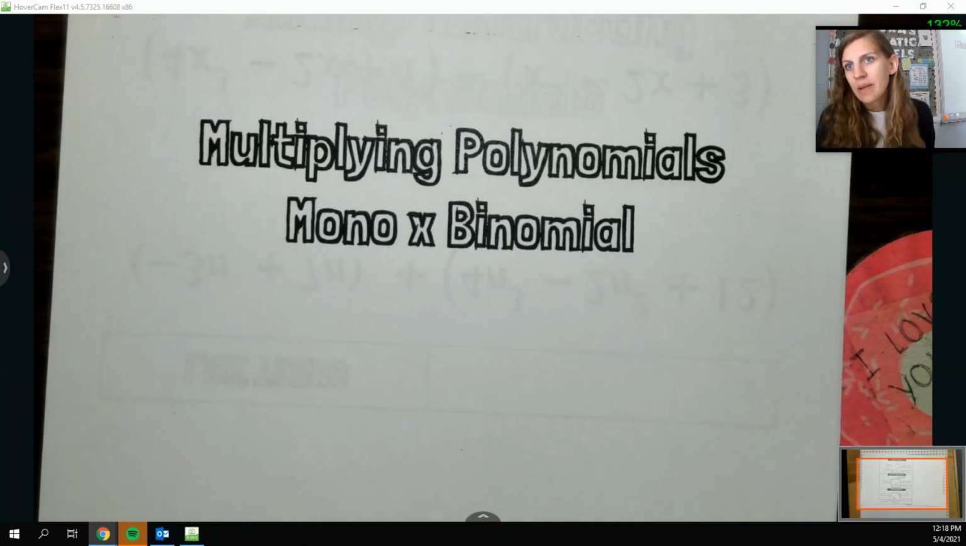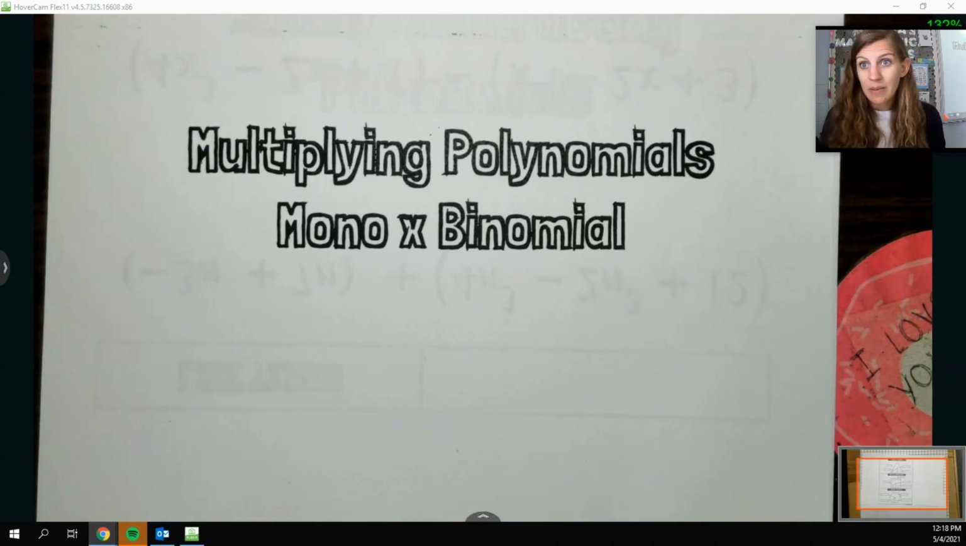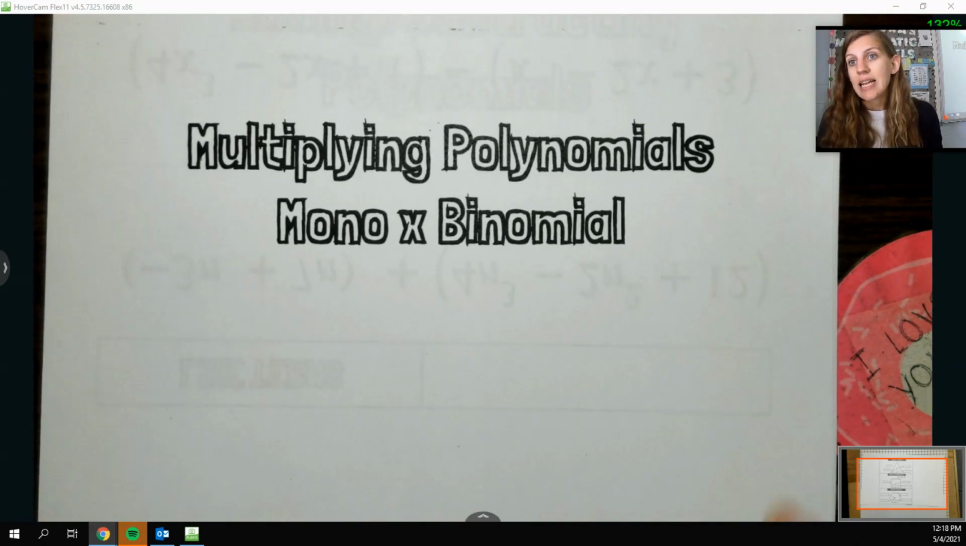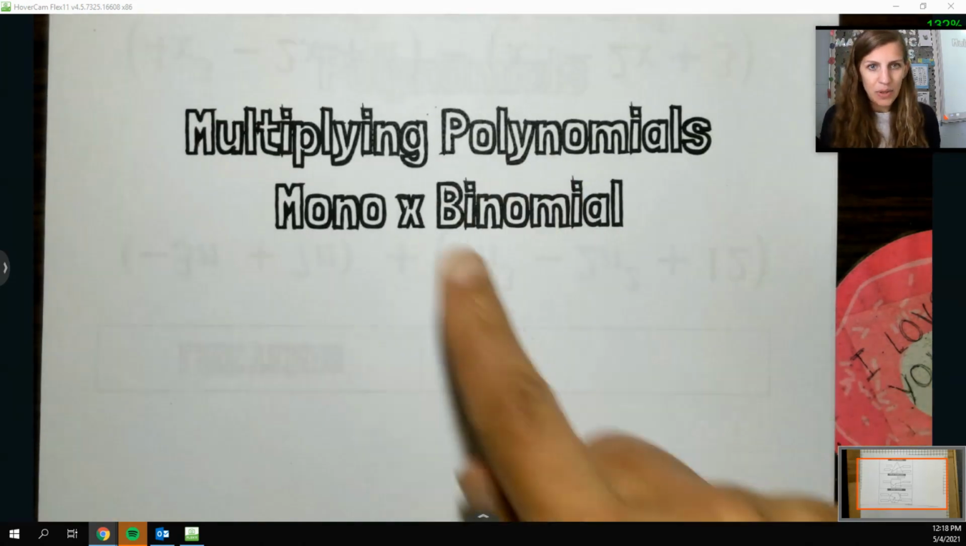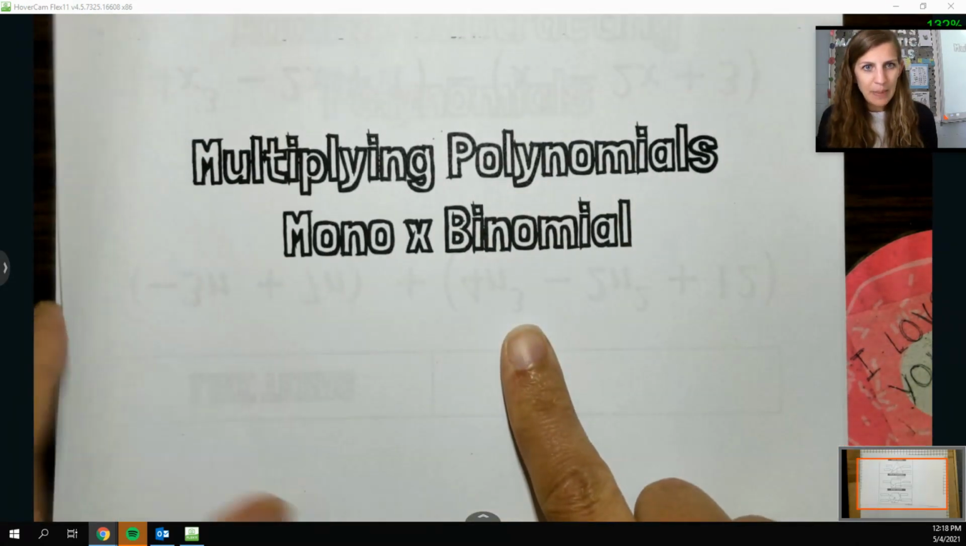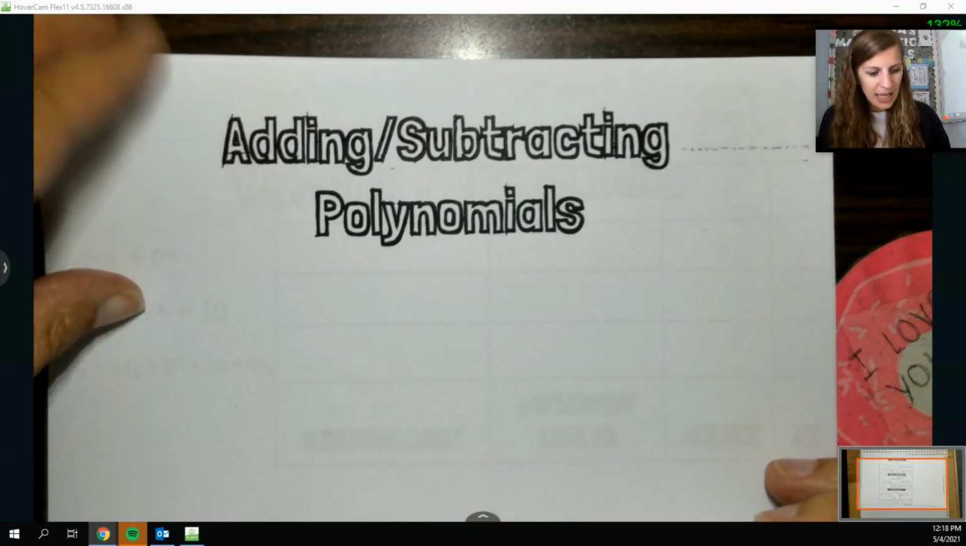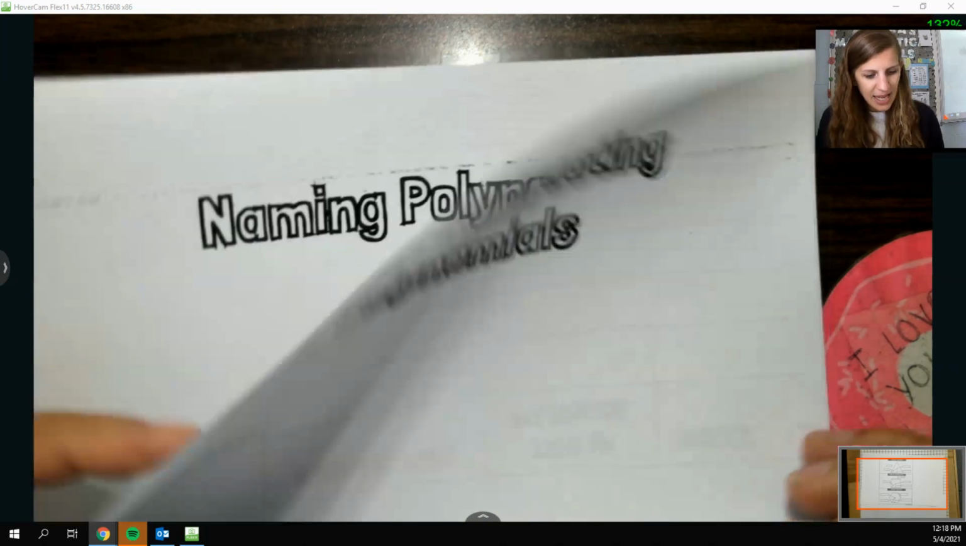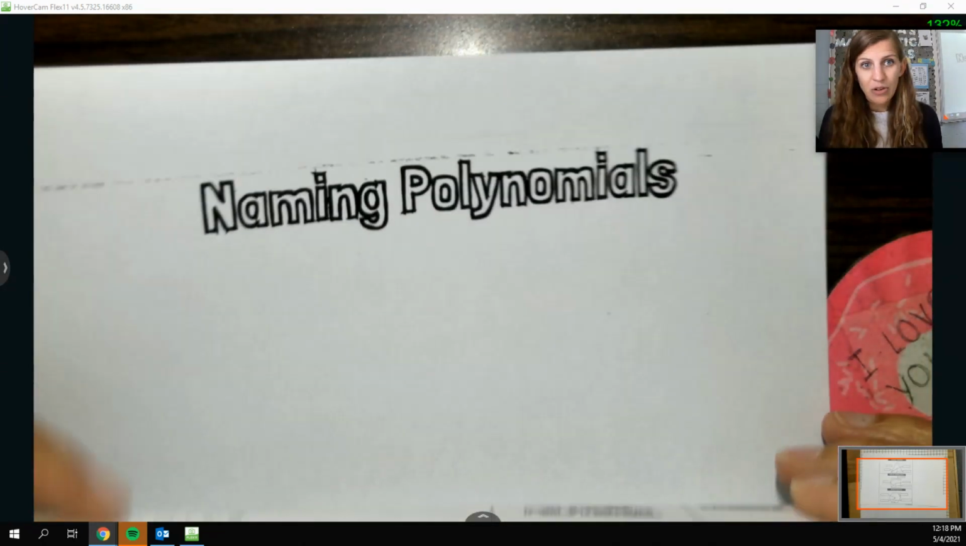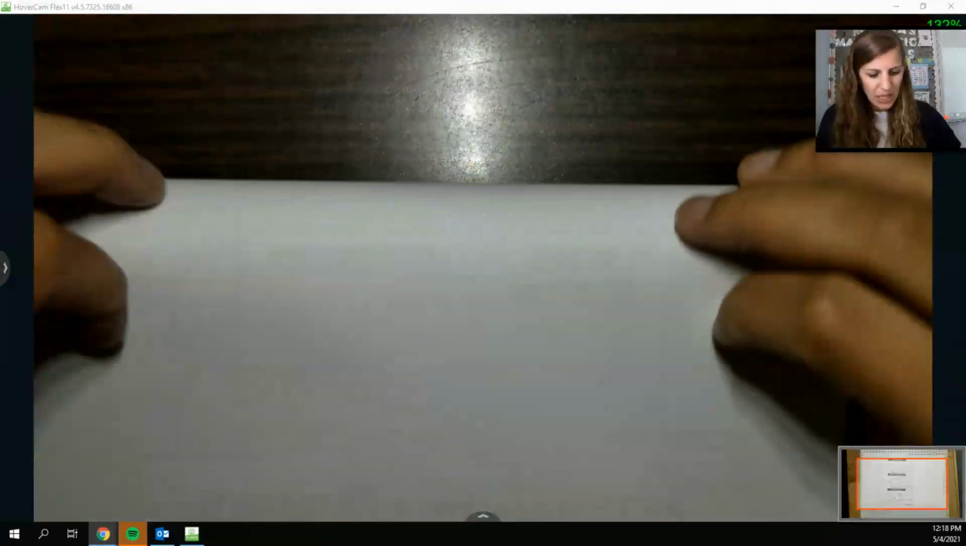All right, guys, if you want to make this study guide with me, there are 2 Google Slides documents attached to this. And if you print them front to back and then place them in this order, so we want multiplying polynomials, adding and subtracting right underneath it, and then naming polynomials under that. Like if you stack them like that and then just fold it in half,